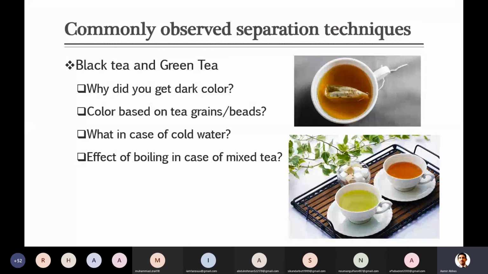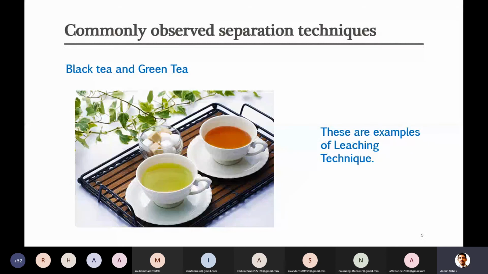Okay, look. Leaching? Yes, the person who said leaching is right, because I told you yesterday that leaching is also called solid liquid extraction. So when we put this tea, either in the form of a bag or as tea beads or tea leaves, something from that solid, the leaf or bead, comes out and becomes part of the liquid. So this is an example of leaching. Simply, it is the extraction of something from a solid that is transferred to the liquid. This is the technique which is used in the phenomenon of leaching.